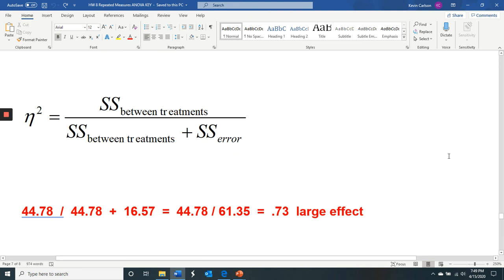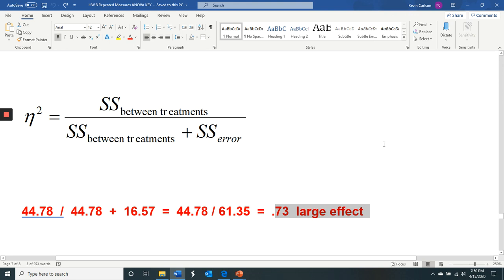We do our effect size, partial eta square. You can use either formula. I'm suggesting this formula because you do have a repeat of numbers, and it makes it easier. So sum of squares between treatments divided by sum of squares between treatments plus sum of squares error. So order of operations, you have to add these two things on the bottom first, and you get 61.35. Then you divide the sum of squares between treatments, 44.78, by 61.35, and the partial eta square is 0.73, so